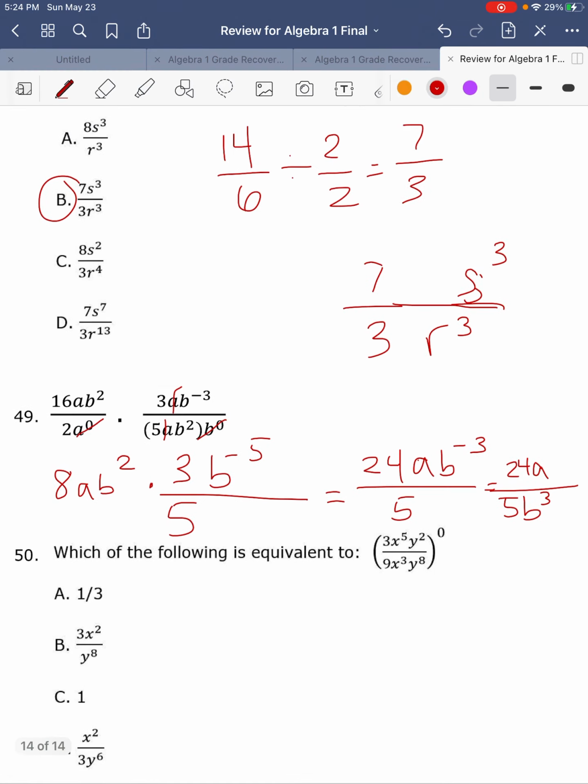And then last we have 50. It's this big expression, but it's all to the power of 0. And anything to the power of 0 is just equal to 1. So our answer has to be C. And that's it for the